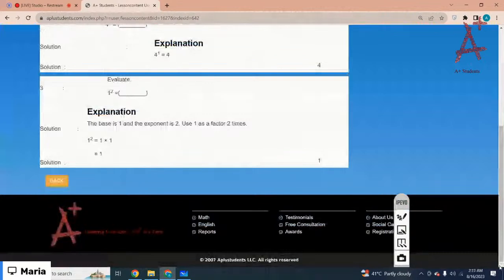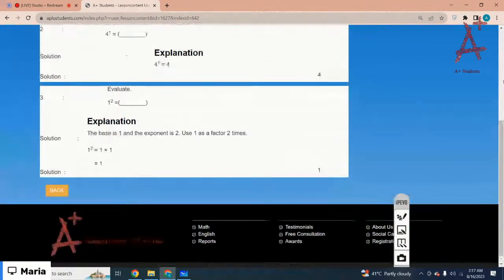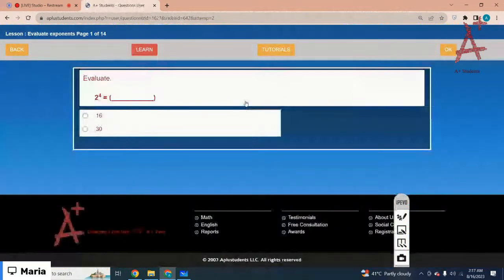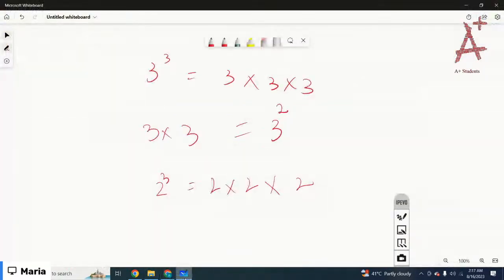Let's start with the practice questions. The first one is 2 exponent 4. You have to evaluate. How do we evaluate 2 exponent 4? So 2 exponent 4 means